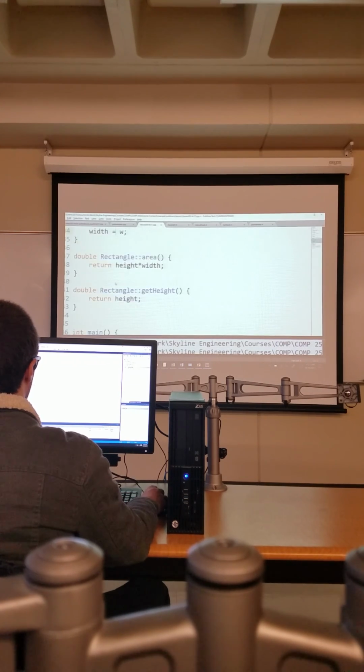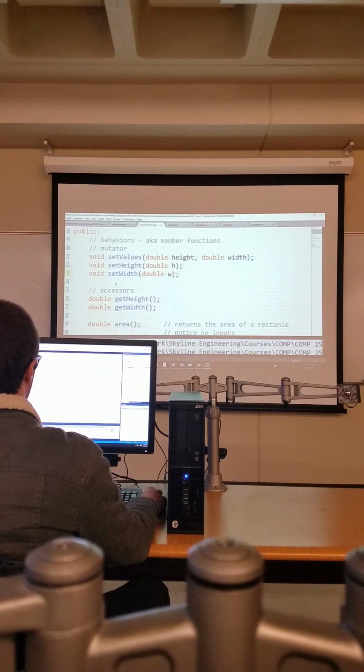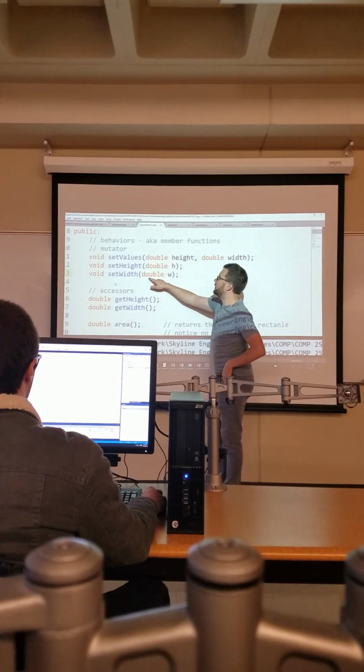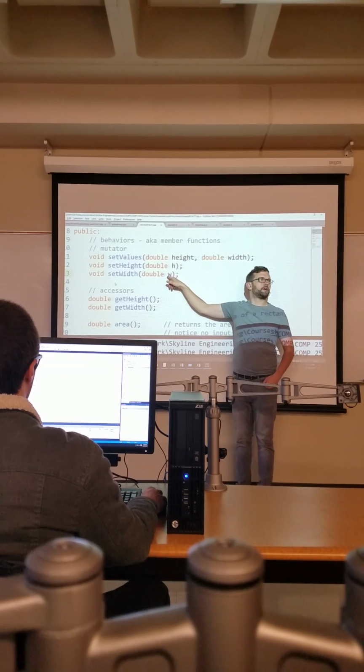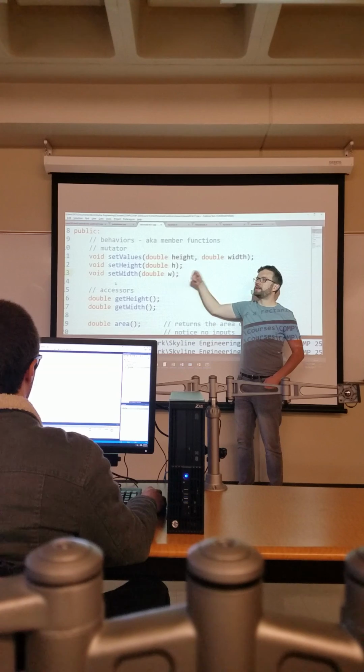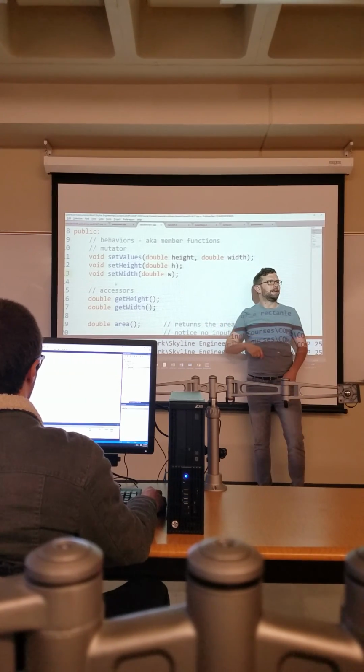Did we already write a setWidth? It looks like, at least in my files, I put in a placeholder for the function. We declared the function, but now we need to actually define the function. So let's do that. Let's write setWidth, and let's also impose the constraint